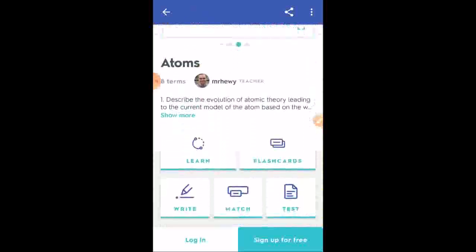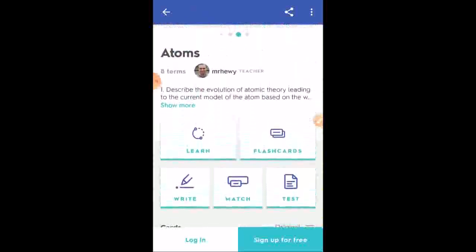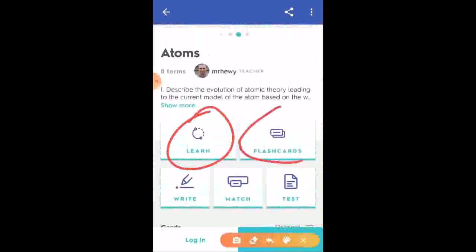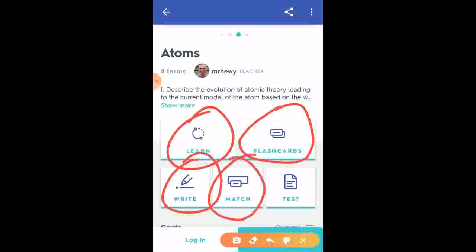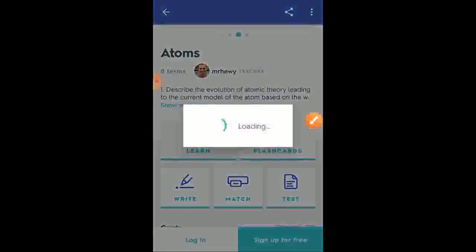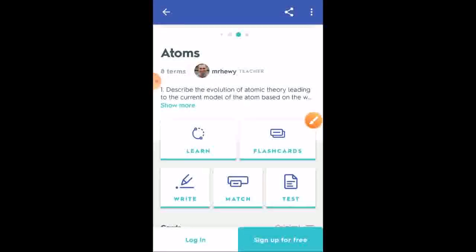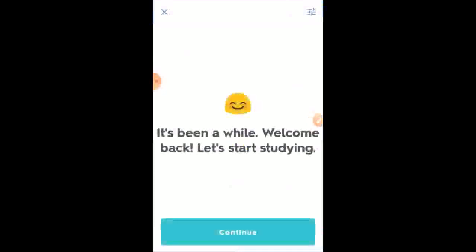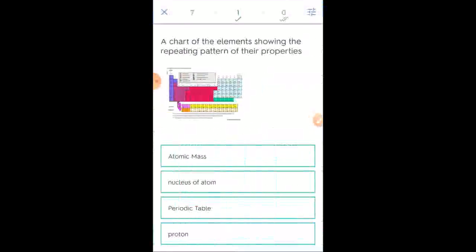Now, when you are going to learn it, you have 5 options here. The first one is learn, second is flashcards, third is write, fourth is match, fifth is test. Now I am going to teach you one by one. First, when you click on the learn option, then you will get a screen like this.